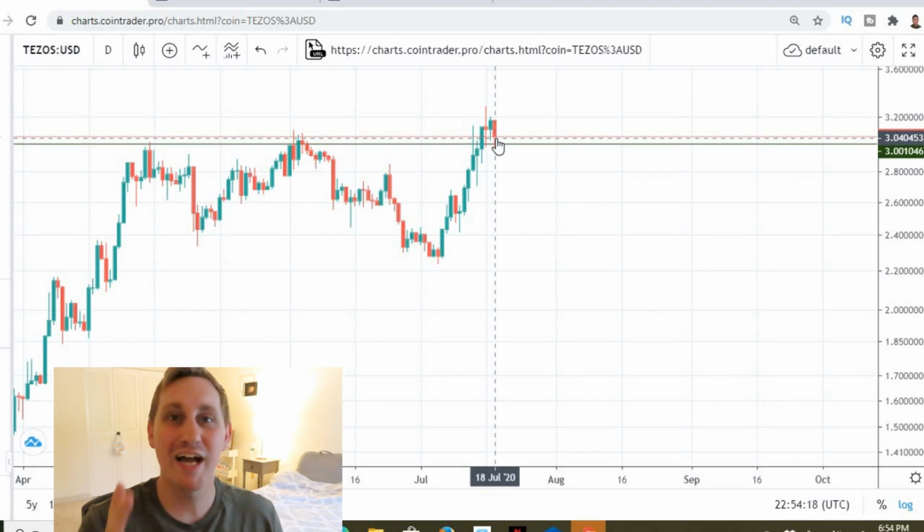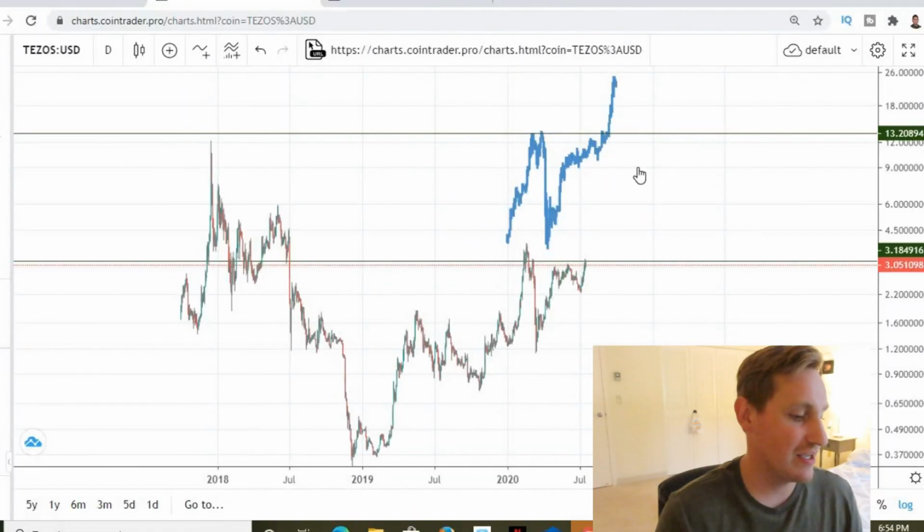As I say in all my videos, guys, this is huge. We came above it, and we came back down and tested the old resistance as new support, which we should see higher price action because of this. This is huge, guys. The second thing I want to take a look at for Tezos today is